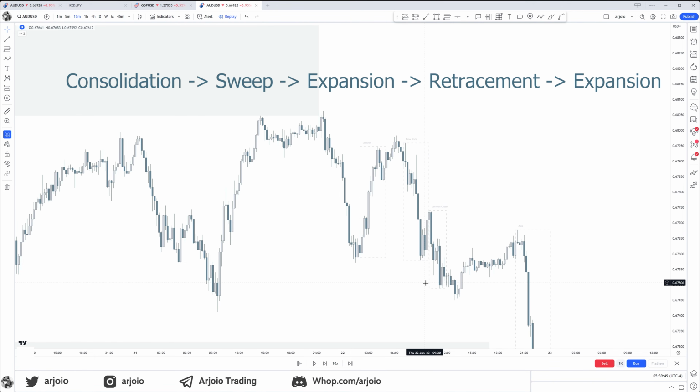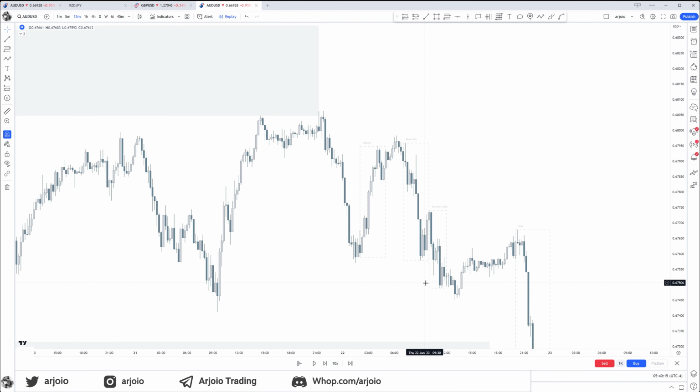How can we know the intended direction? Because of the higher time frame bias. Then we have a retracement into what? A retracement into some form of fair value gap, order blocks. It is that internal move that we talked about. And then what? We have the expansion again. We want to get involved in that internal move. So in a move right here, in this New York, that is where we want to get involved, because then we can ride the expansion again.